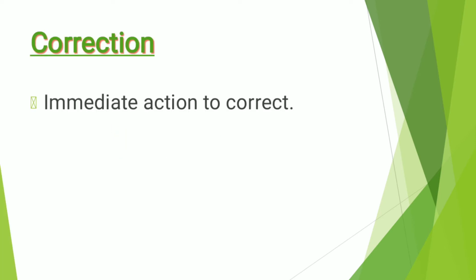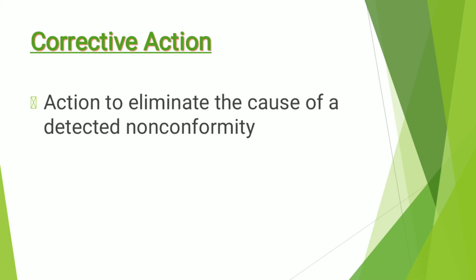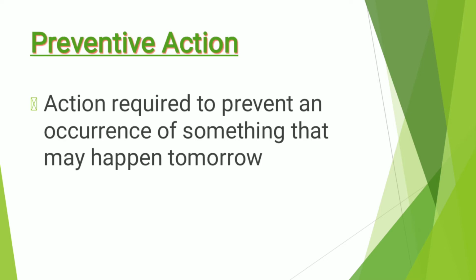First we need to know what is correction. The immediate action that is taken to remove any non-conformity is called correction. Now, any action taken for correction on the root cause to prevent the recurrence is called corrective action. Corrective action will not happen until the action is on the root cause. Next is preventive action. The action taken on the potential causes of failure to prevent the occurrence is called preventive